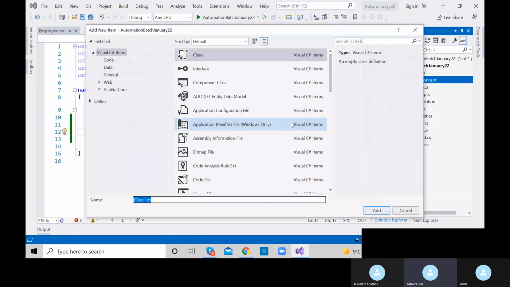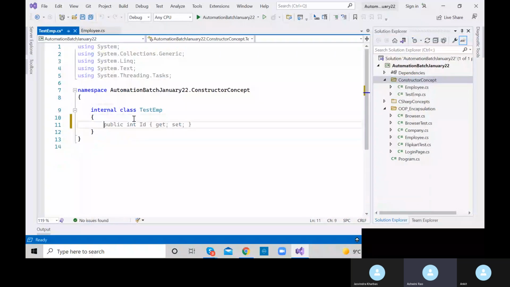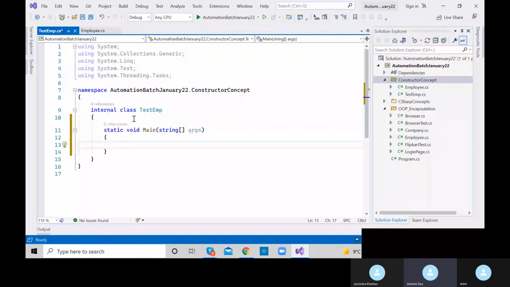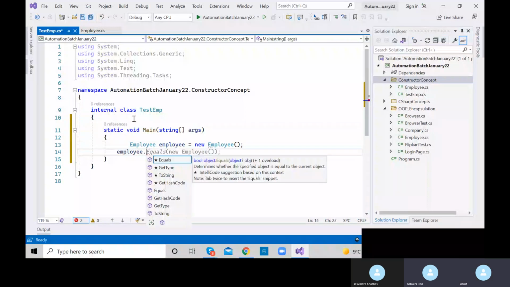Class call. In main method we would be having it go. So we are